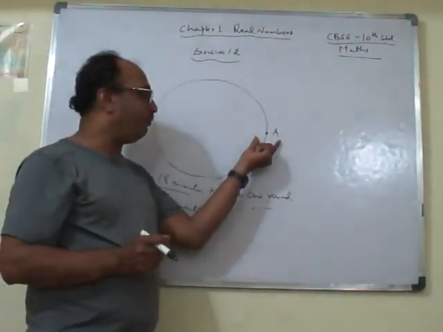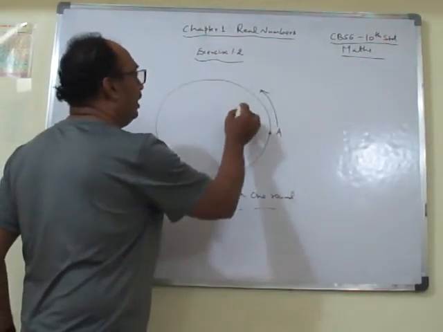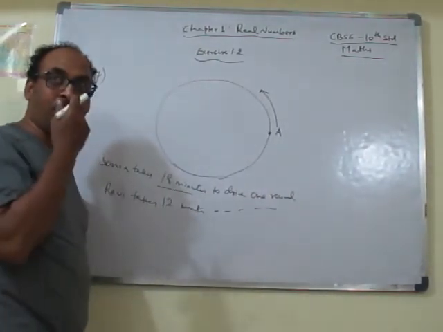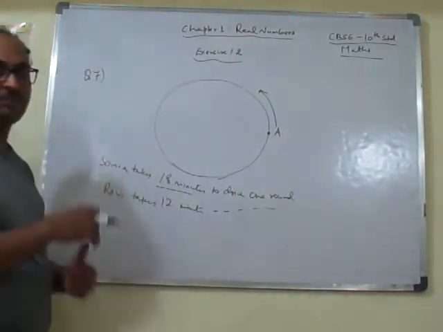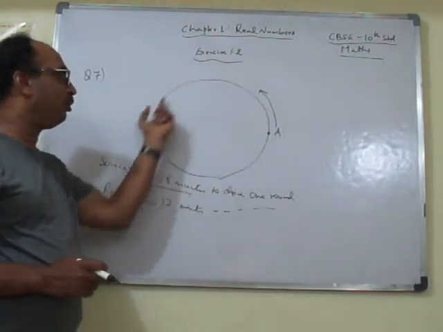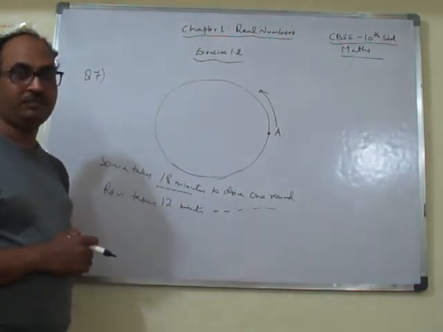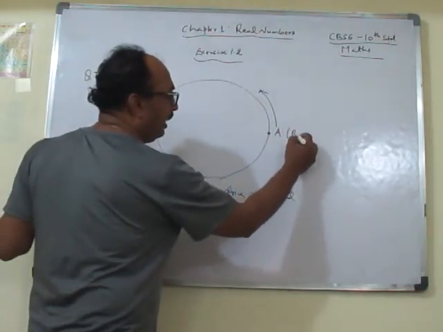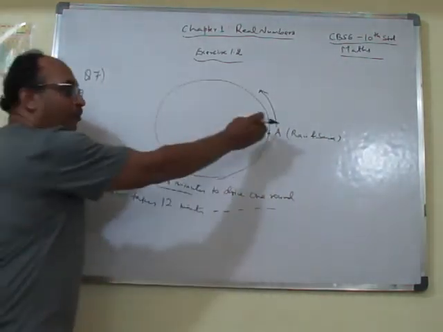It means if Sonia had started from A in this direction, making a complete circle, moving along the circumference of this circle, when she comes back, the total time she takes is 18 minutes. Similarly, when Ravi starts from A and moves in that same anti-clockwise direction and reaches point A, he takes 12 minutes. Now the question is, if both of them, Ravi and Sonia, have started from this point A